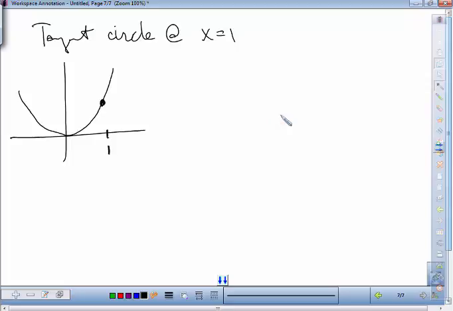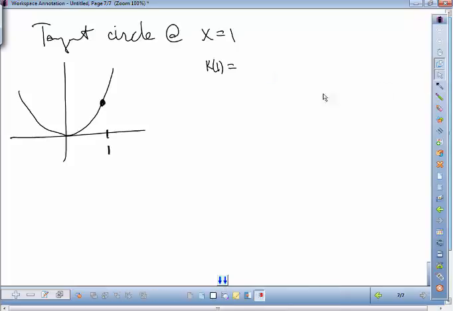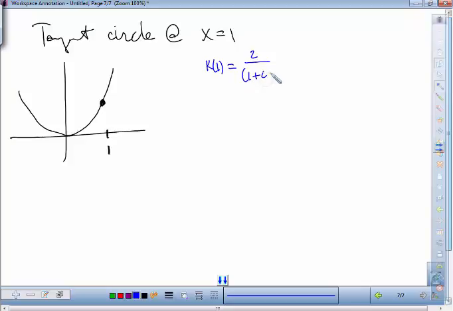So the kappa is not such a big deal for us. We can easily find that. Do you remember what the formula was? I think it was 2 divided by (1 plus 4x squared) to the 3/2 power. So when x is equal to 1, this will be 1 plus 4, which is 5. 5 to the 3/2. So the curvature over here will be 2 divided by 5 to the 3/2 power, whatever